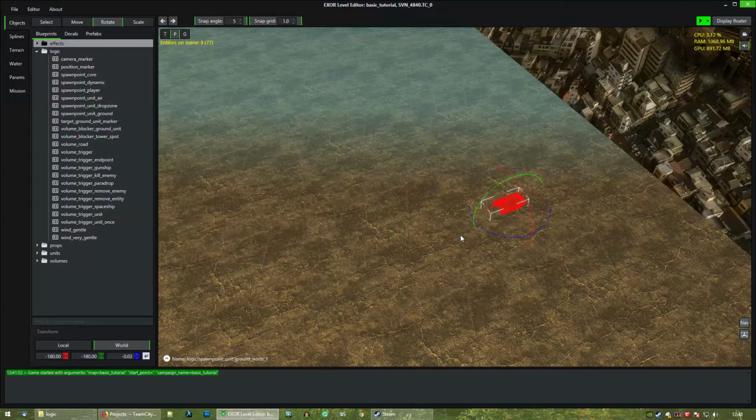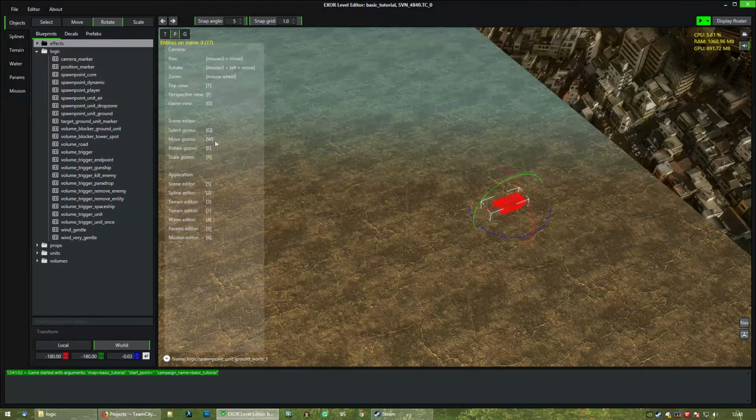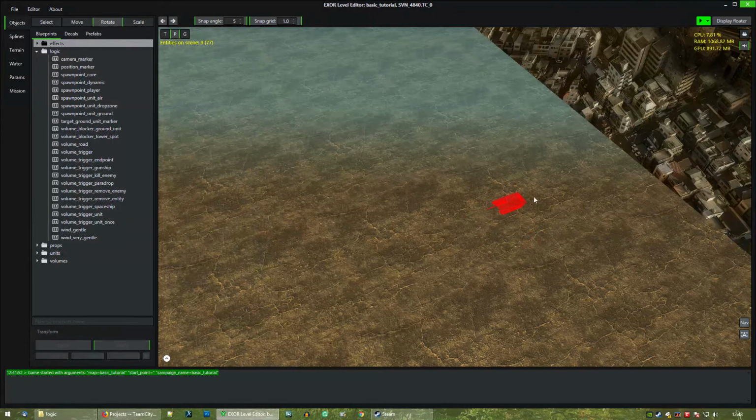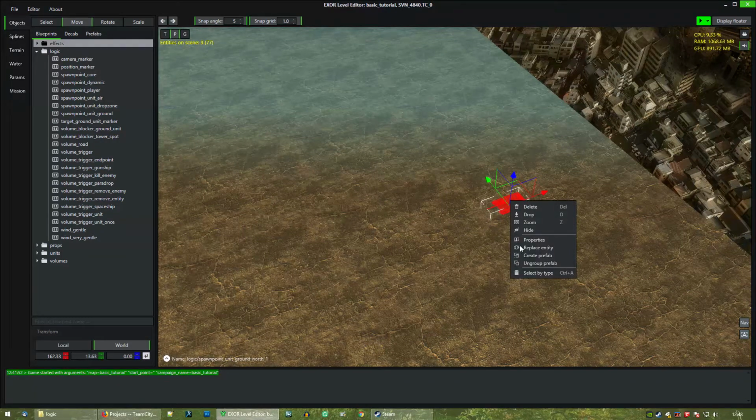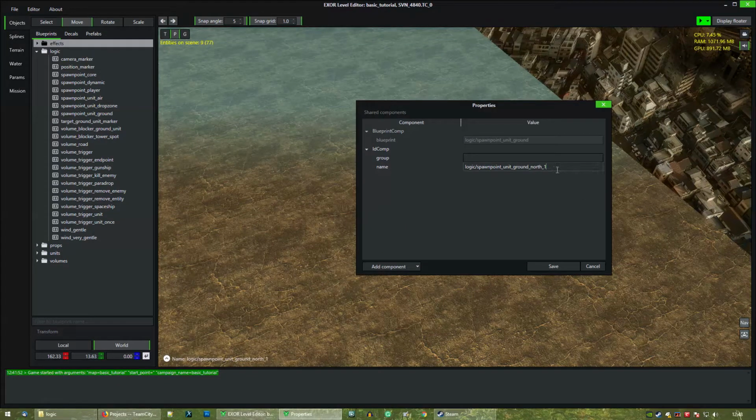Just Q, W, E, R. You can check the shortcuts in here. Okay, so we've got our second spawn point. Let's rename it. So this will be our east spawn point, and I definitely recommend,